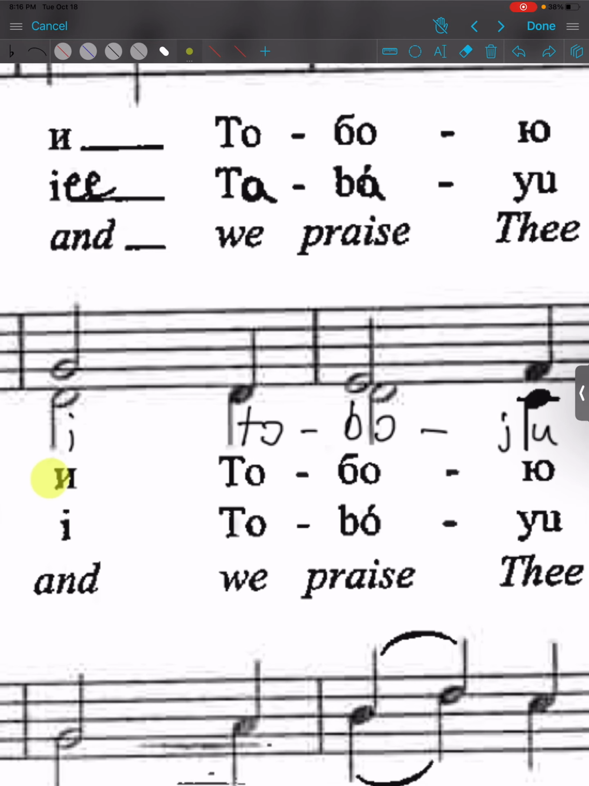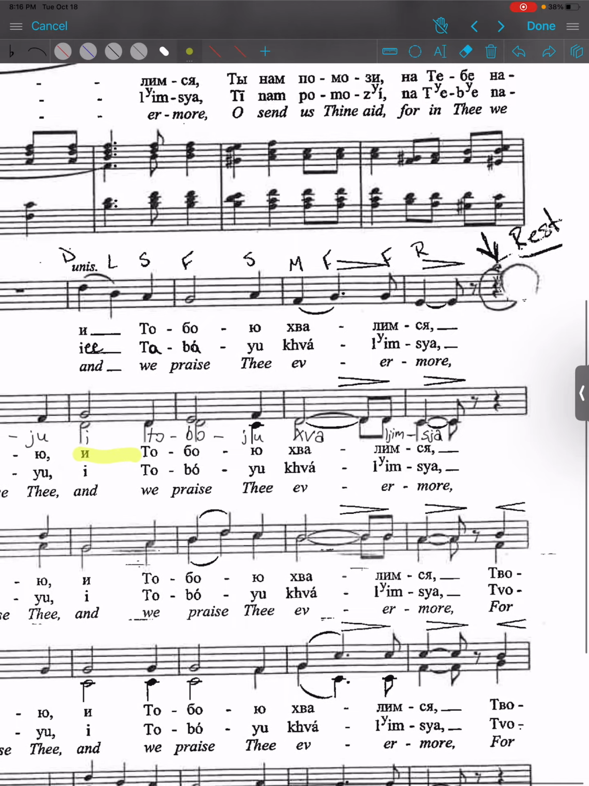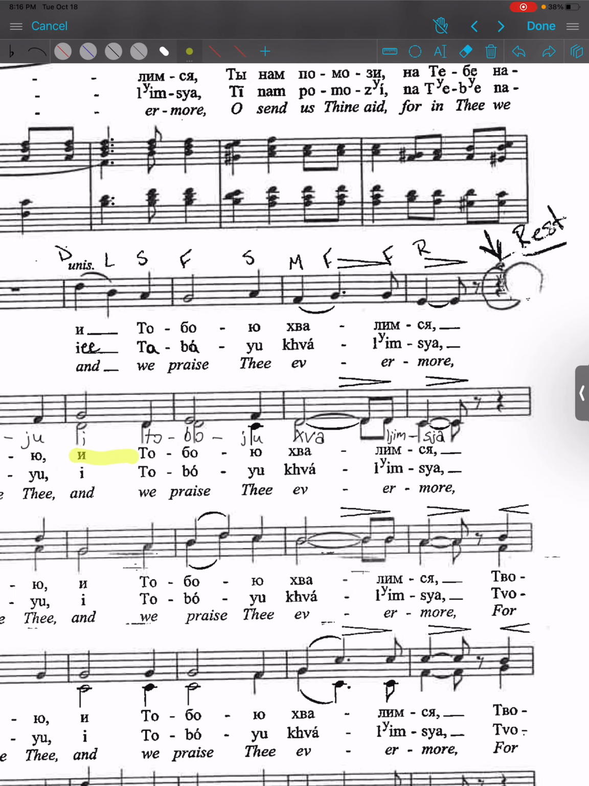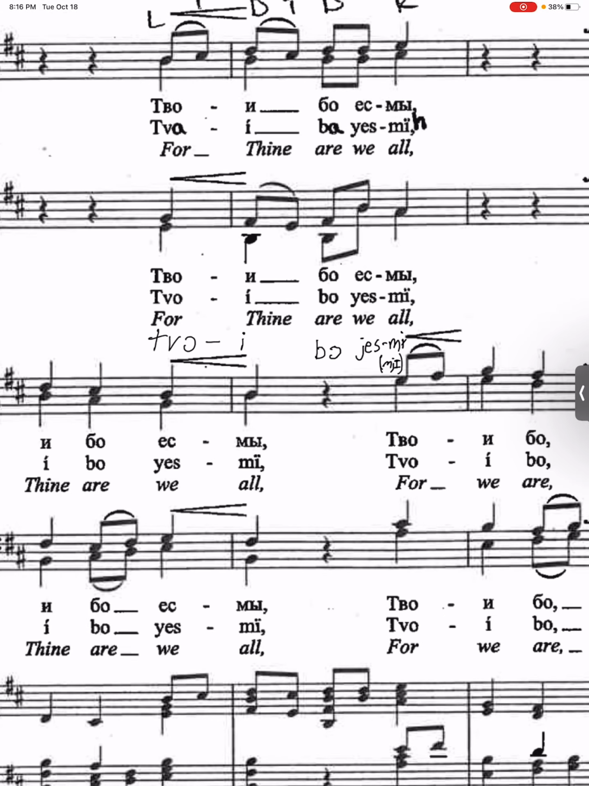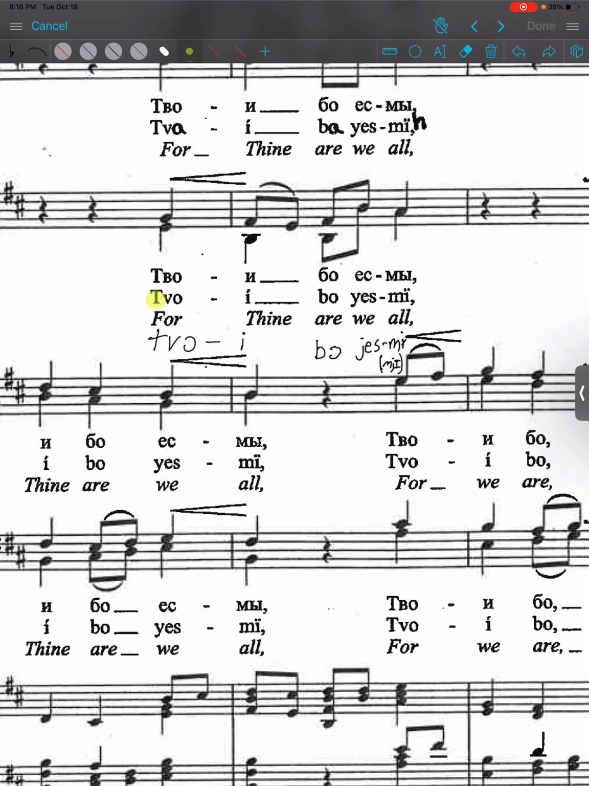Then we have that repeated, followed by the next word. And then we have tvo. So notice the TVO, that's going to be tvo with the same O vowel from the previous we just did on the last page. Tvoi, tvoi, tvoi,